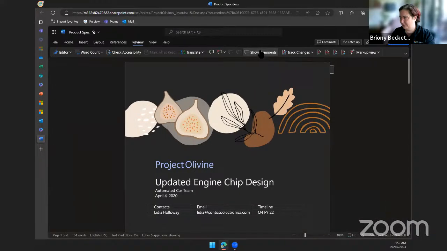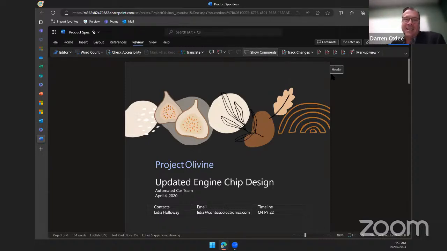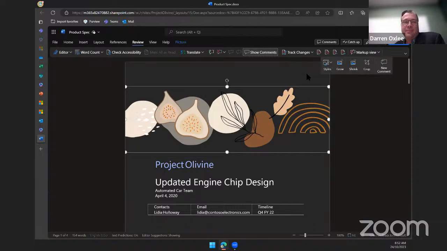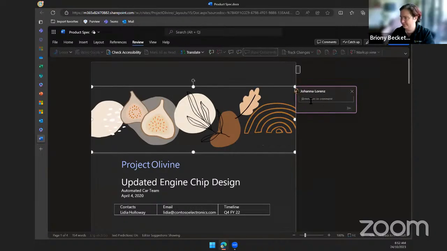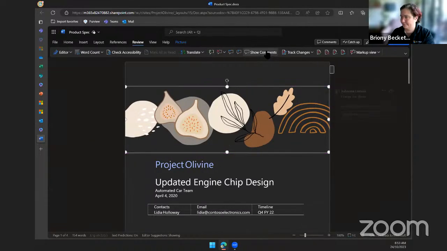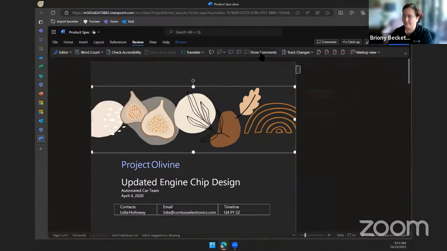Gonna close these. Yeah, so this particular one I think you have to add one. New comment. So yeah, on the review tab, comments can come up. So if you've sent this out to get comments, to be able to see this, we use this all the time in Word and PowerPoint, probably the two main places to get feedback if you're collaborating with people.